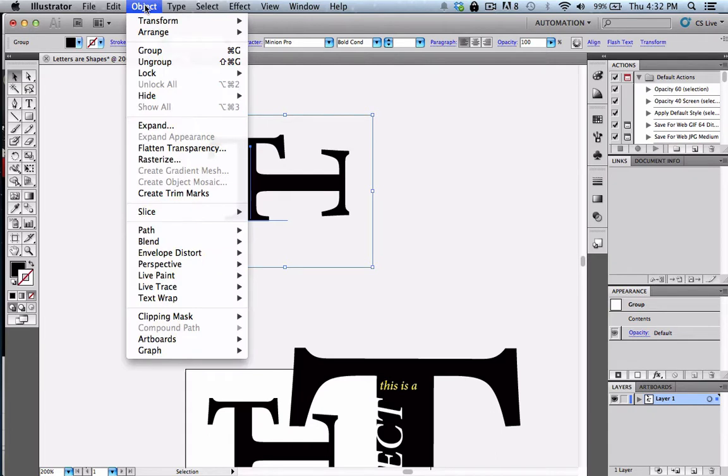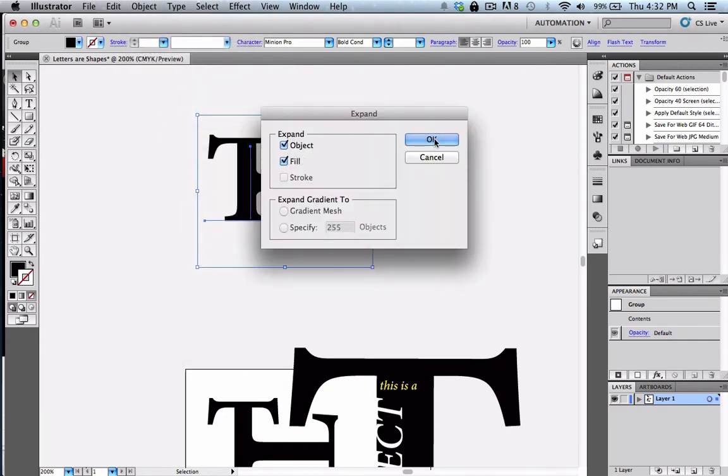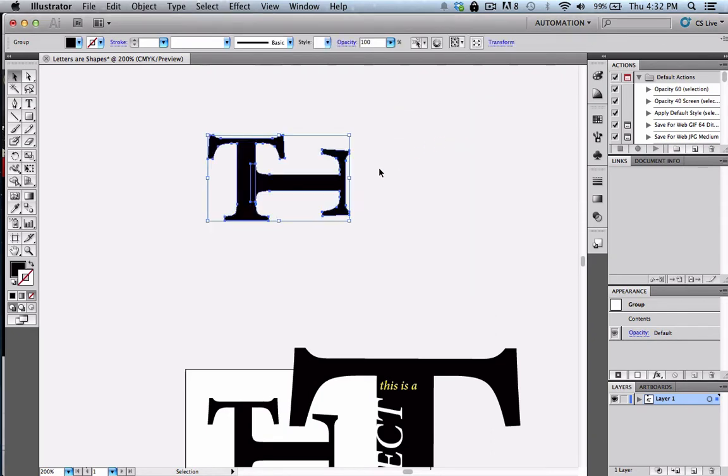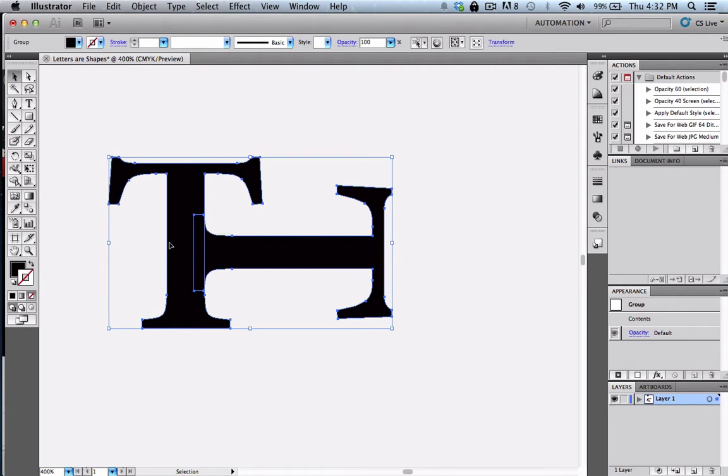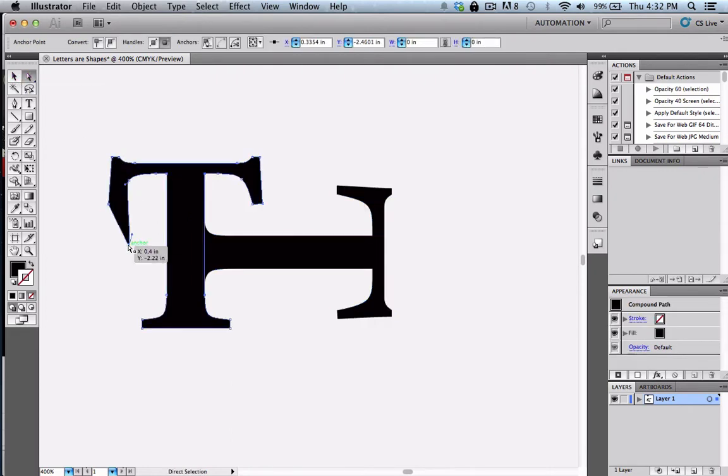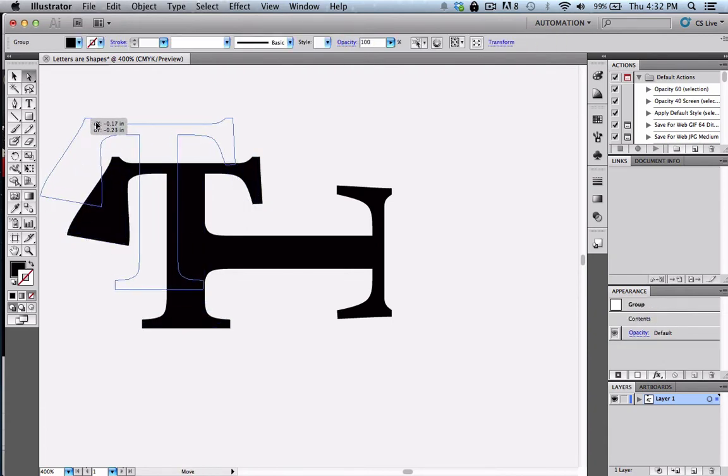Now next, I'm going to show you how to use object expand, and if you select that shape and you press expand, you can see that you want to expand the object and the fill in this case. And what we've done is created an expanded object as if we'd made this shape with the pen tool. So if you remember how we used the pen tool in our last lesson, then this should make sense, and we can select our direct select tool, also indicated by the letter A, and you're able to distort this letter into an entirely different shape, any shape that you want really,